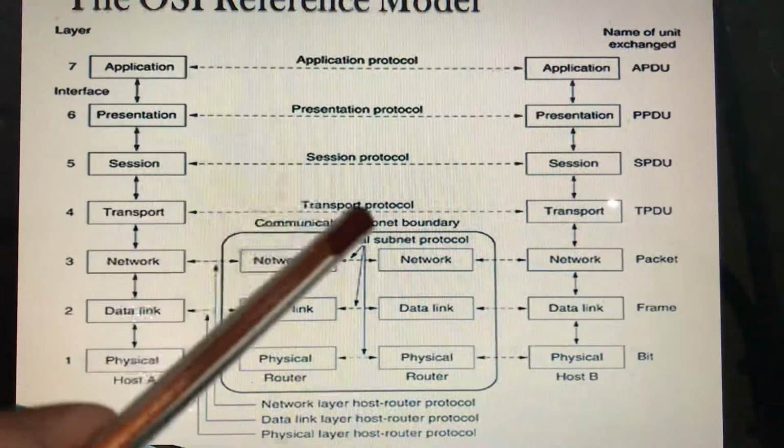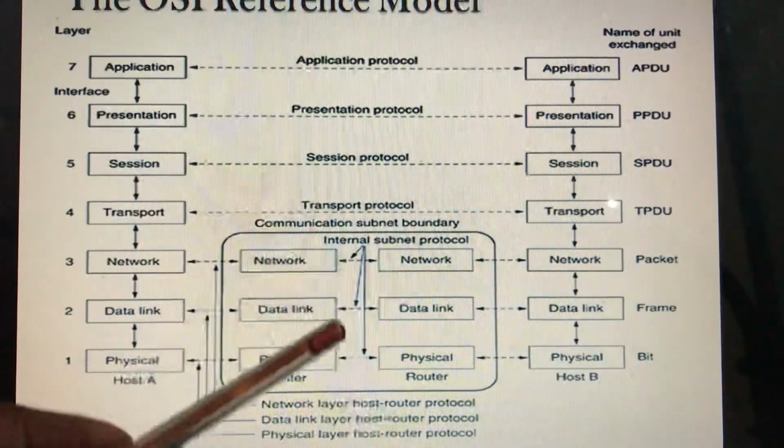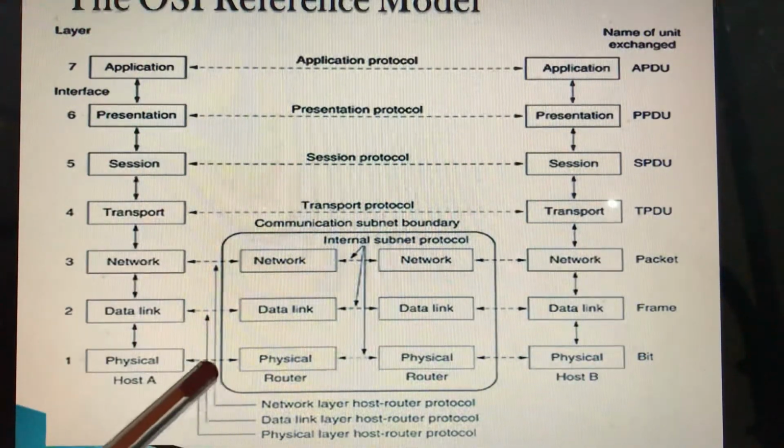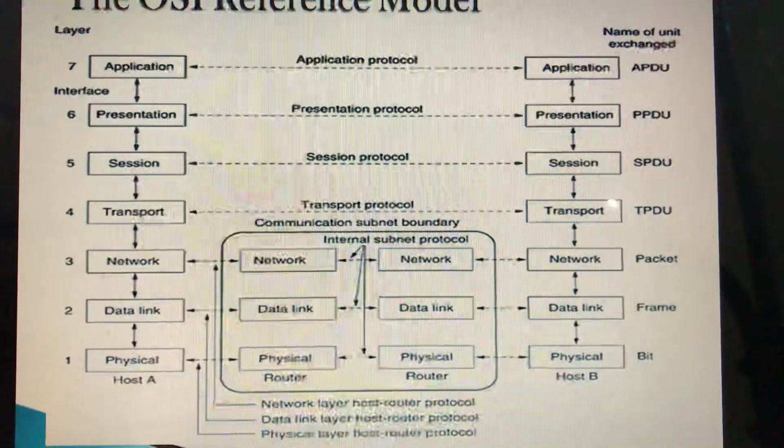Rather, it is connected through a subnet, and the subnet is actually part of the whole network, which contains transmission lines and switching elements. These switching elements send data from one host to another host. The common switching element used is the router. As you can see, there will be routers, and the host will forward the data to a router. The router will in turn forward the data to the destination host.